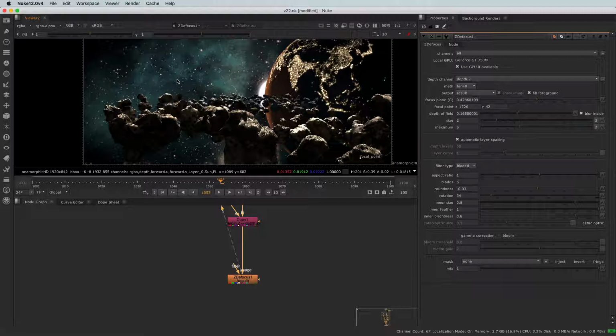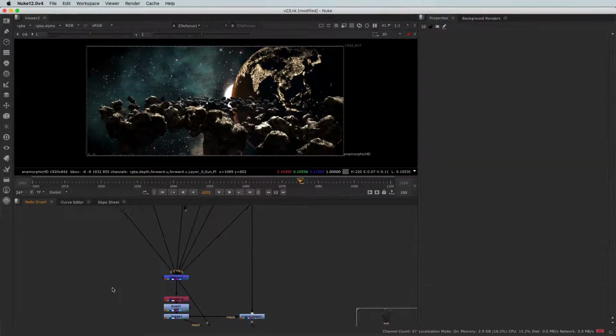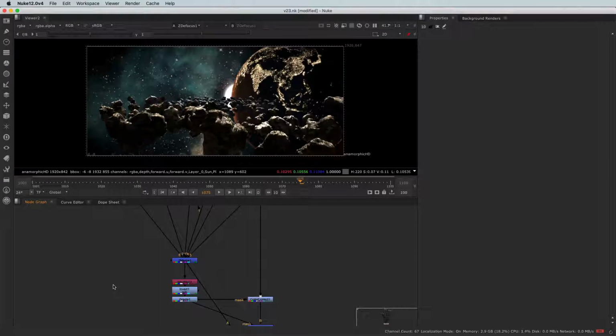So we are going to readjust the defocus a little bit when we add the rest of the effects on top of our comp. But for now, this is it for the Z defocus, and I will meet you in the next video to assign you some homework with the depth pass. See you there. Okay, this is the end of this chapter, and I'd like to assign you a few homeworks,